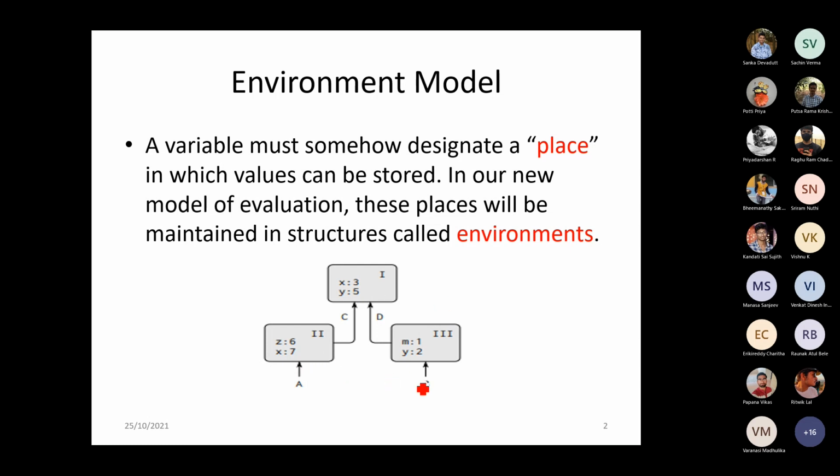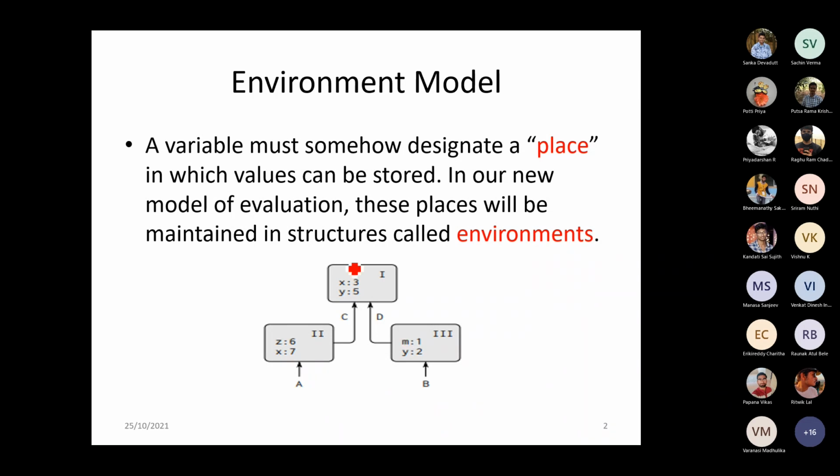And I have another block. Not inside the main function, but separately, I have another add function, and I have these variables. In this add function, the variables I have declared are m and y, and the values initialized for these variables are 1 and 2 respectively. Okay, so I think you can imagine.